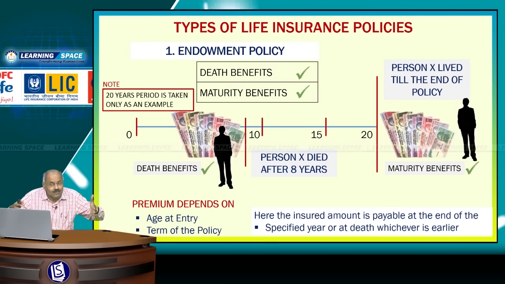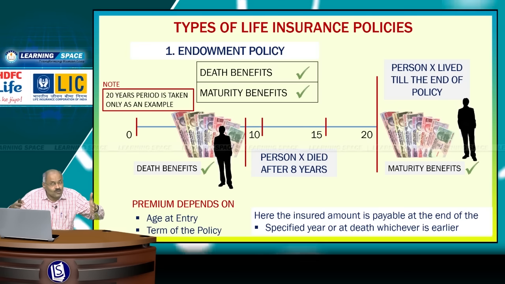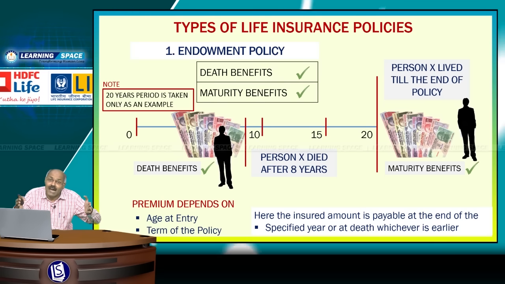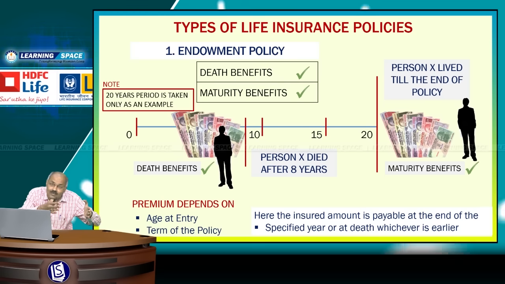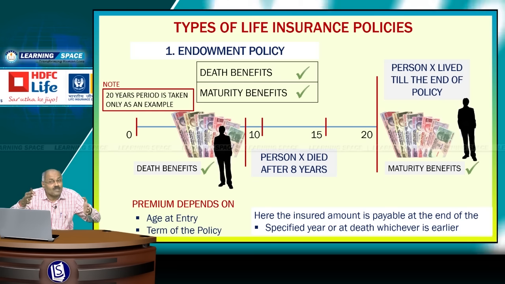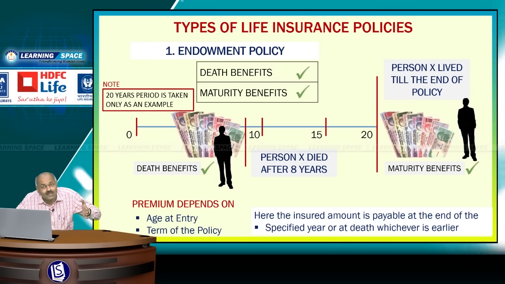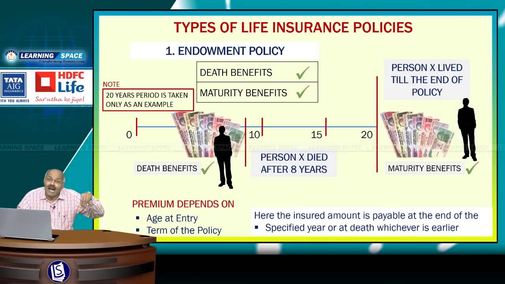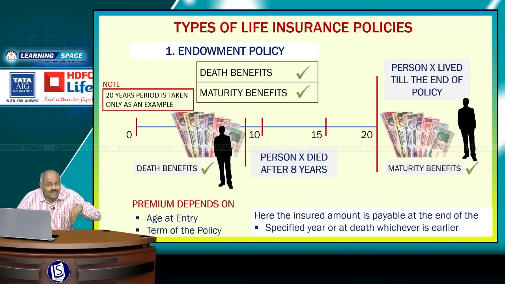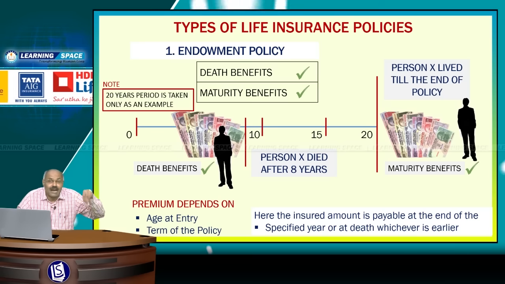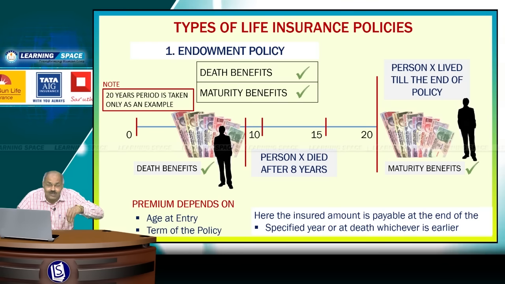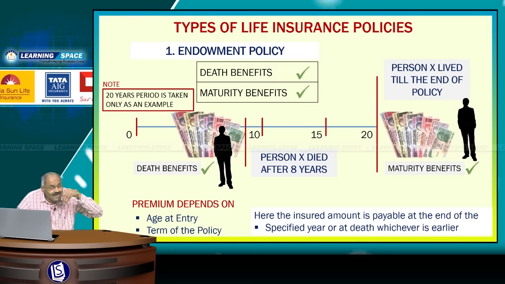And here there are two issues. One is what will happen if the person dies before 20 years, and what will happen if the person lives beyond 20 years. And let us take both the cases. The person died after 8 years. The first case is, let us assume that the person X died after 8 years, and after the death, then